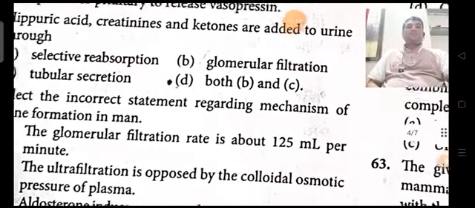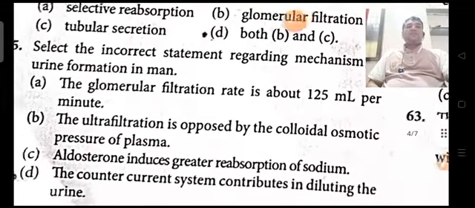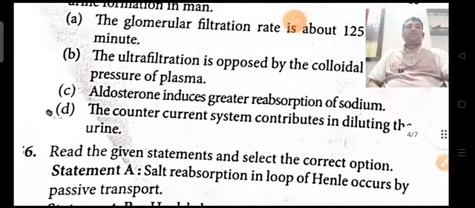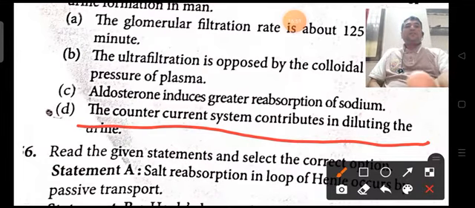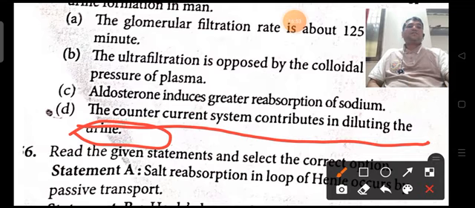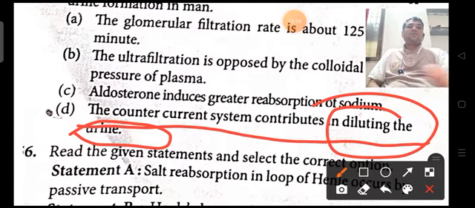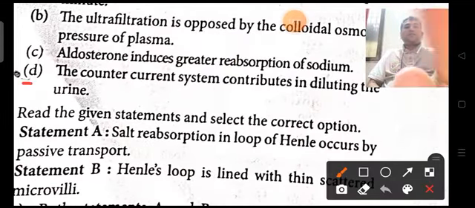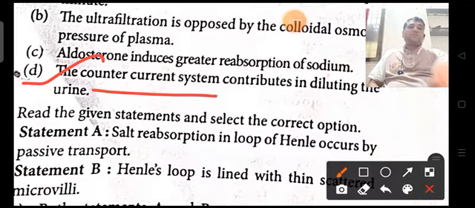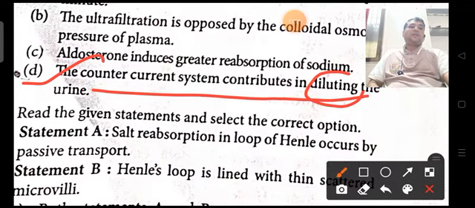So here the incorrect statement is that the counter current system contributes in concentration of urine, not dilution of urine. So option D is the right option; it is not helping in diluting, it helps in